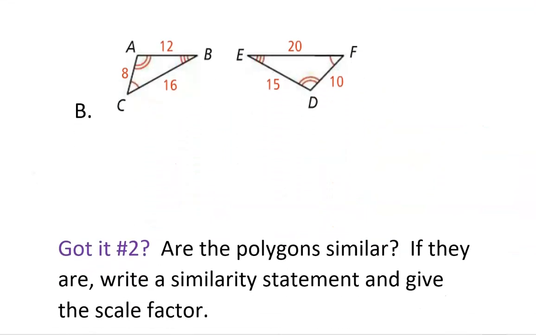Okay, so let's try another one. You guys go ahead and take out a piece of paper for your assignment, and let's try this one together. So first, check angles. So step 1, angles. What if you find angle pairs that are not the same? Do you have to do the rest? No. If you had, for instance, A didn't have a match in the second one, you could say not all pairs of angles are congruent. These are not similar. Okay, so sometimes you'll find it in the angles, but most of the time you'll find it in those corresponding sides. So I'll give you a